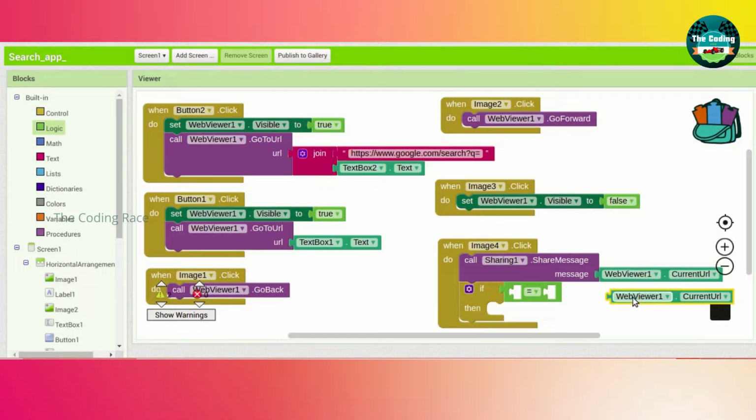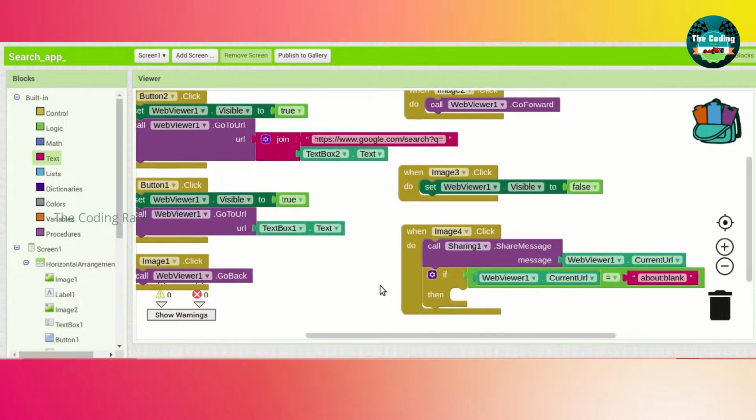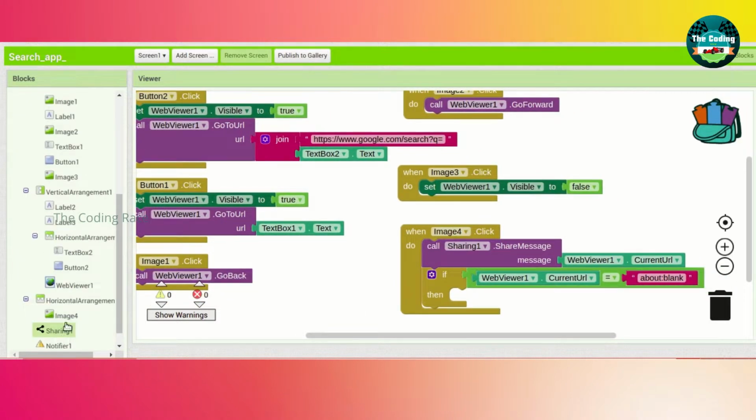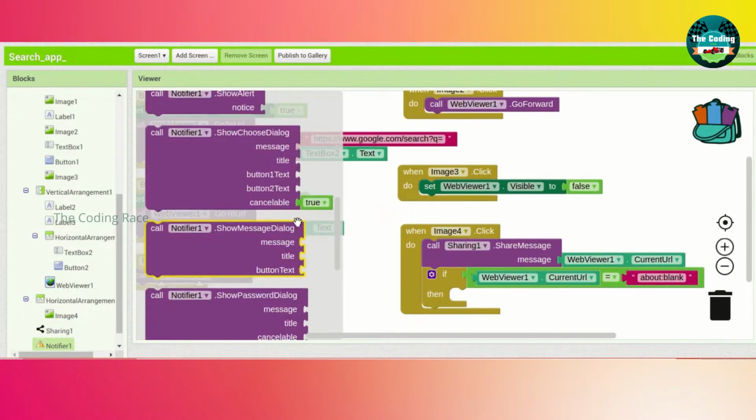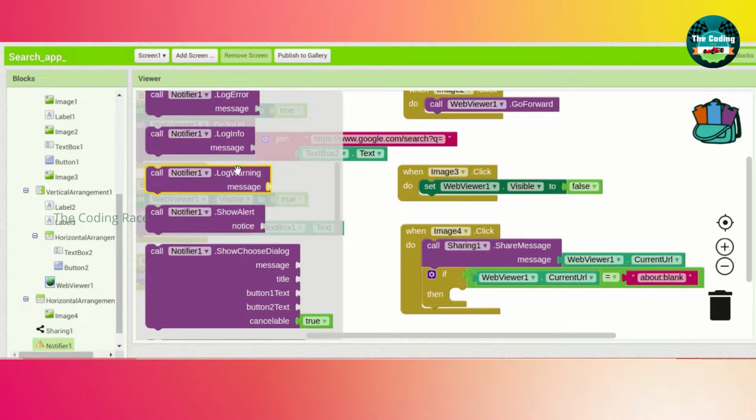Next, go to the controls and drag and drop if then. There, go to the logic and drag and drop this equal, and there we will add the web viewer dot current URL. Next, we will add one text here.